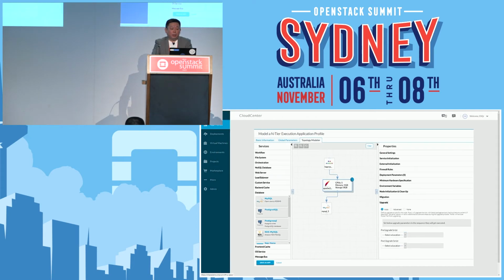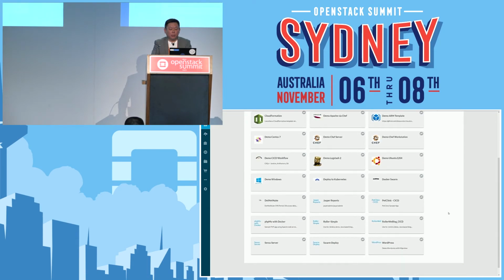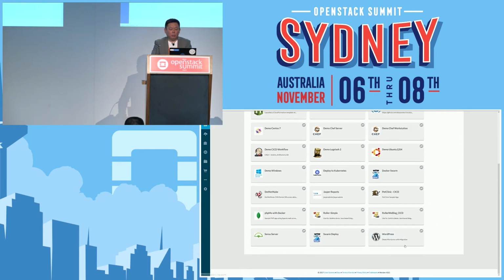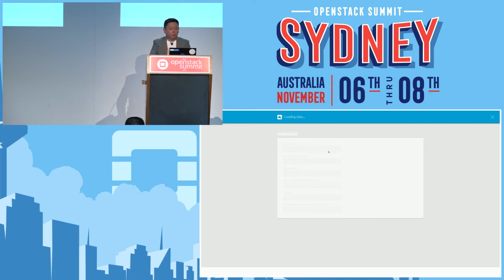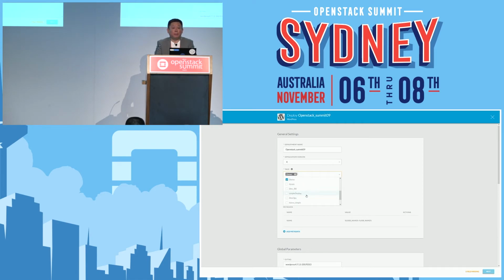All right. So I'm going to go and deploy into OpenStack, and I'll show you how a deployment actually steps through, right, when we actually select the deployment. So I'm going to select WordPress, and I'm going to go deploy. So when we go through the deploy, a couple of things you need to fill in, and it's quite simple. We can put governance rules on it and have minimal flexibility, or we can actually have very open in terms of what they choose. All right, so OpenStack Summit 09, and this is the tags that we say, okay, we want to use a demo environment, or you can choose production, right, Azure, a particular target cloud.